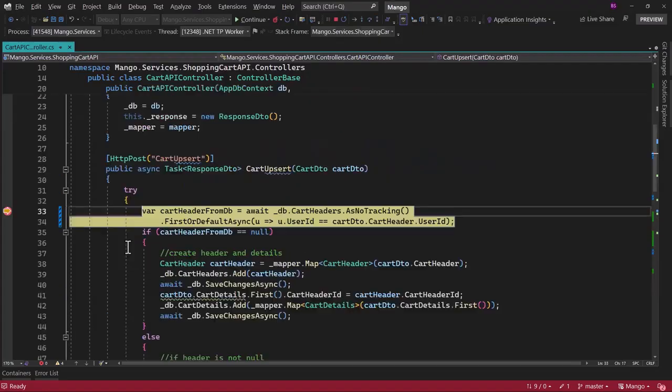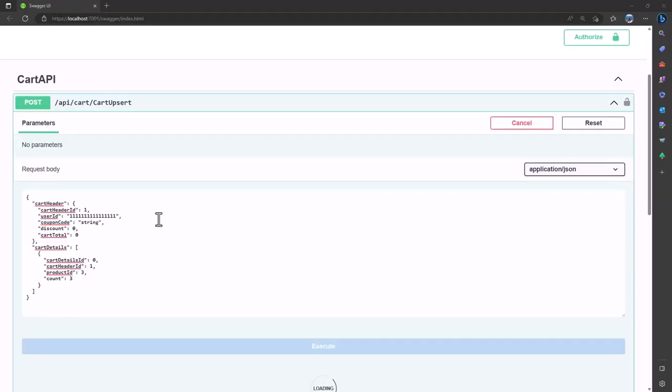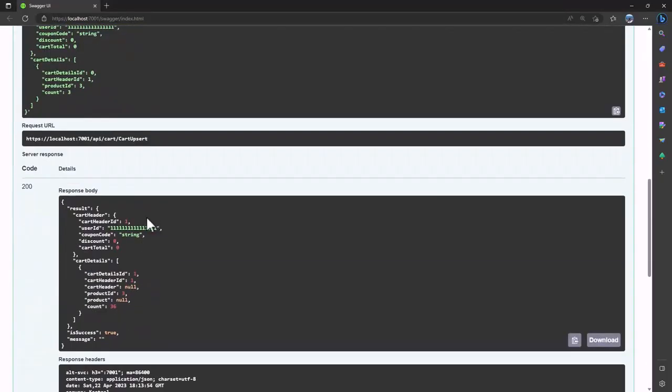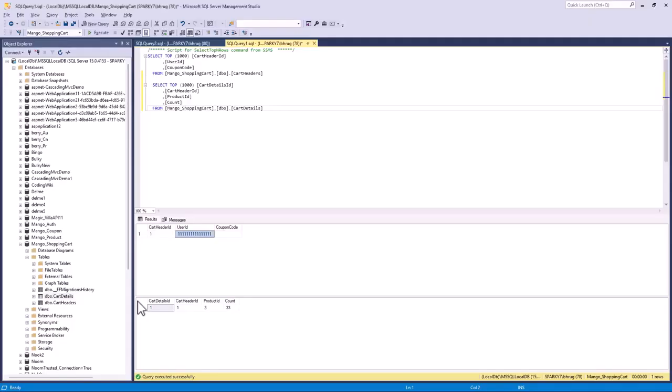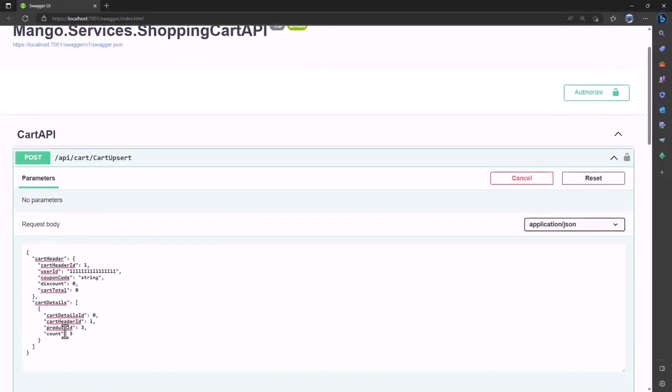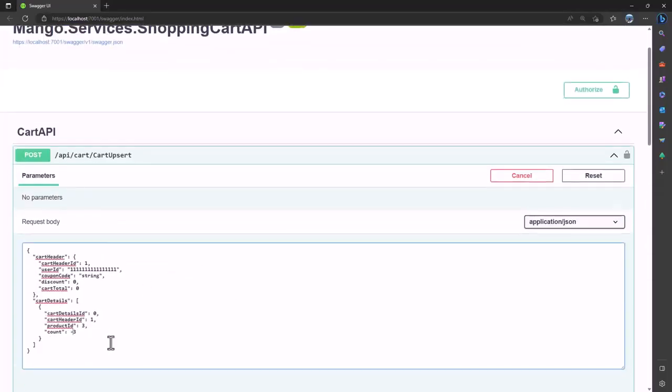Perfect. Let me execute here. It should work now. Perfect. It is successful. Let me go to the database here, and the count should now be 36. And that is perfect. If I go back to the API, and if I modify the count to be, let's say, -3,